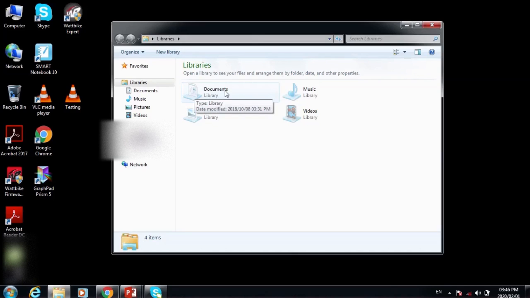Over here we have the document library, the pictures library, the music, and the videos. Now the document library is used to organize and arrange word processing documents, spreadsheets, presentations, and different types of text files. The music library over here